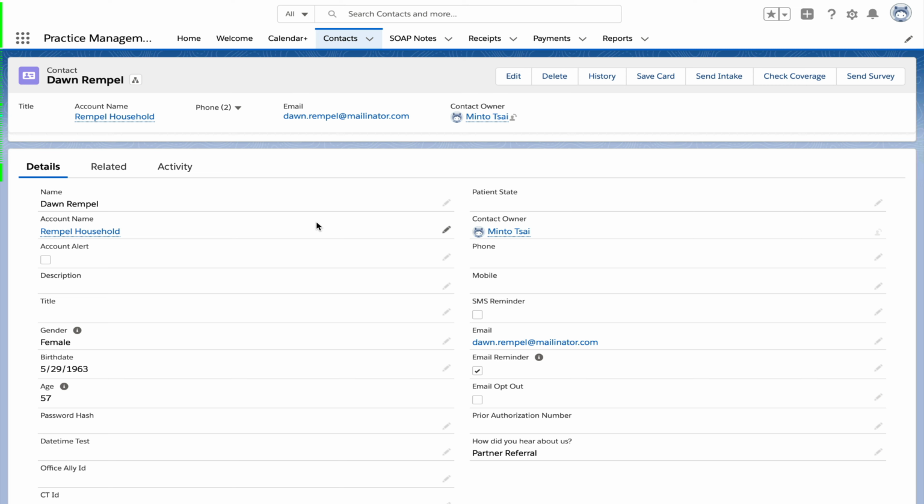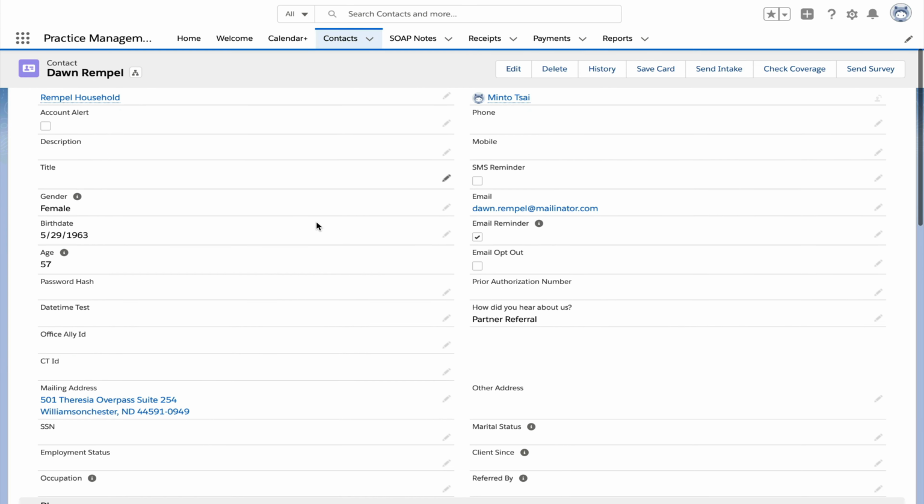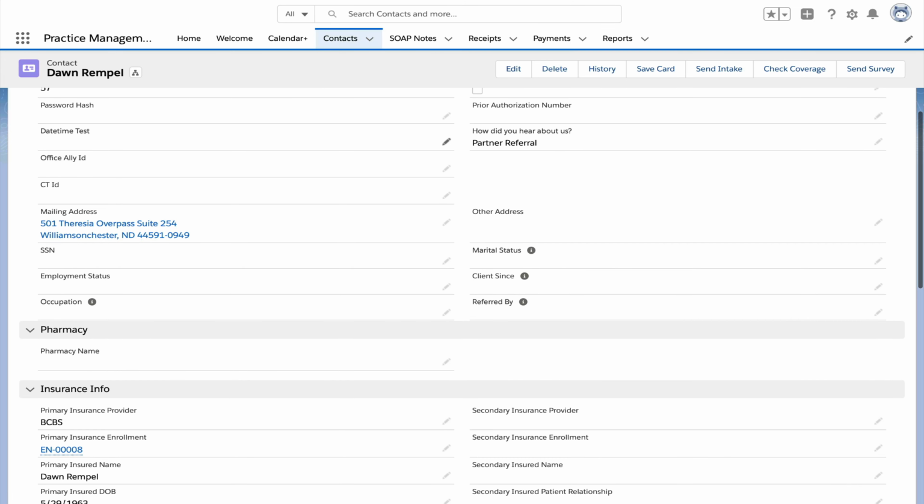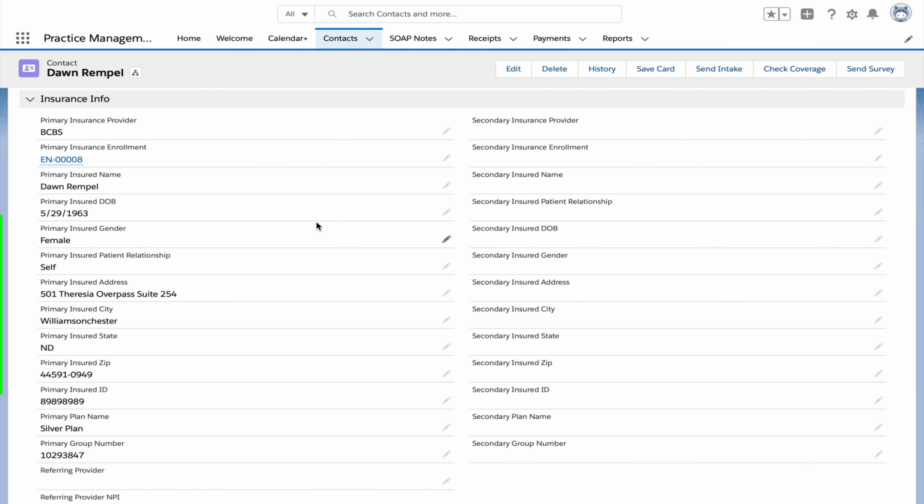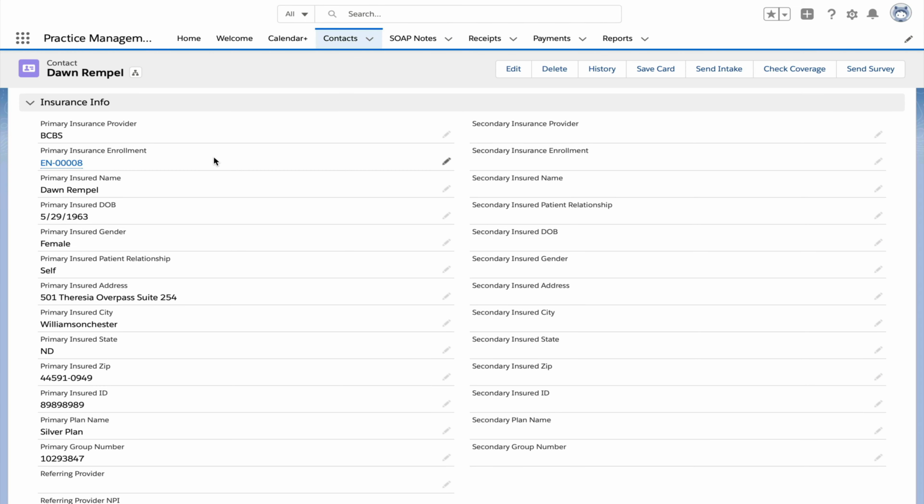Some of the things you'll want to make sure is that the patient has their birth date filled in, their mailing address, as well as their insurance information. Importantly, the insurance enrollment is associated as well. After your patient's contact information and insurance info have been filled in, we can go ahead and create a receipt